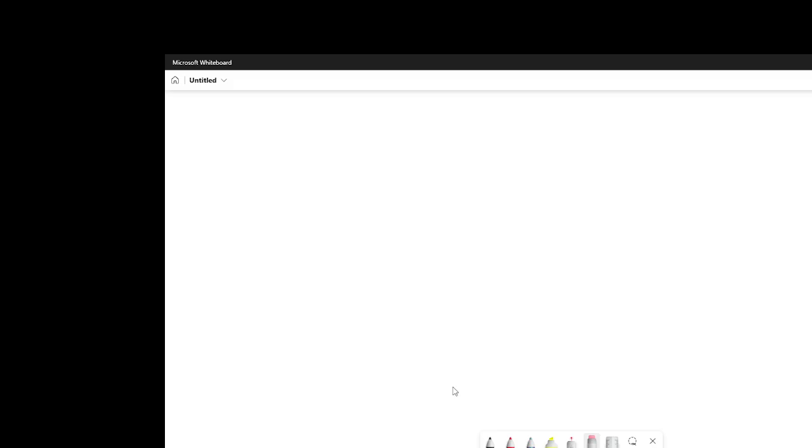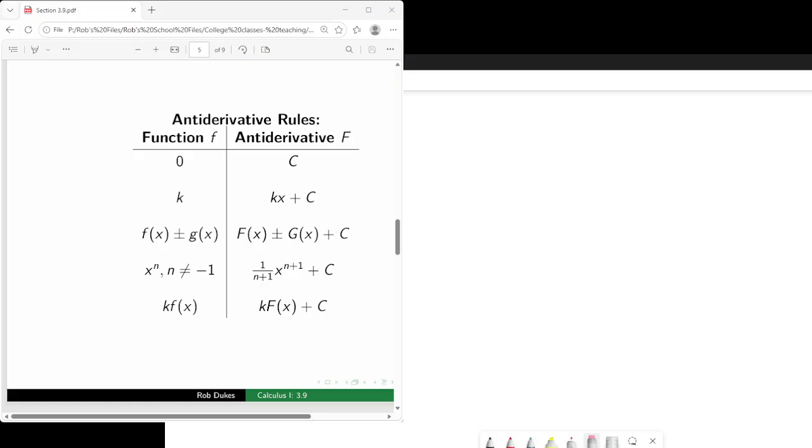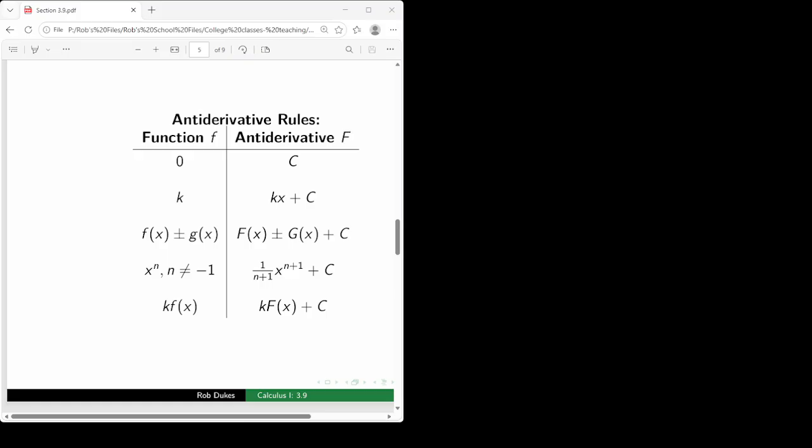If I did try to do that, x to the minus 1, the antiderivative would be x, raise the exponent by 1, divide by the new exponent. Oh, we get 1 divided by 0. So that's not defined. So weirdly enough, yes, that is the one case where the power rule doesn't work. Now, does that mean there is no antiderivative? Well, no, there is one for x to the minus 1. They don't have us teach it in Calc 1. They save that for Calc 2, but I can tell you what it is later if you're curious. Anyway,